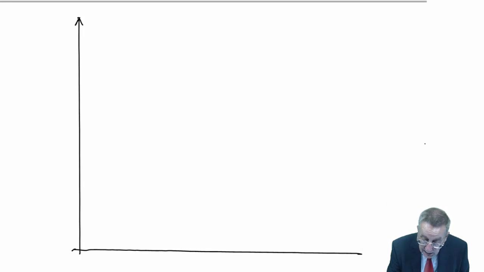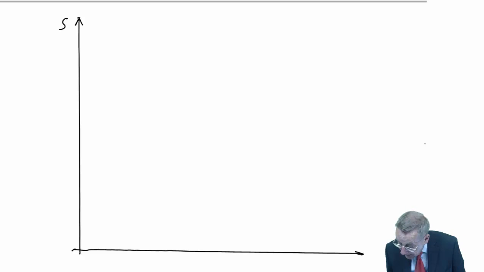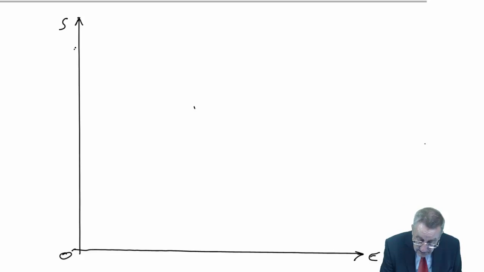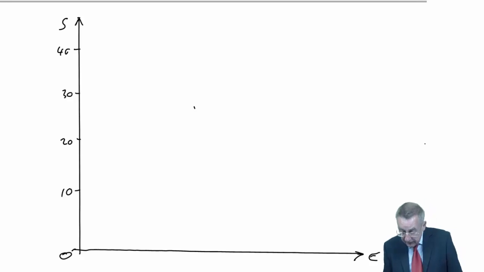With two products, so I'll let that be S and that be E. Doesn't matter which way around they are. And before I explain how I'm going to use it, let me put scales on. I'll go up to 40 there, so that's about 10, 20, 30. If I go up to 40 here,